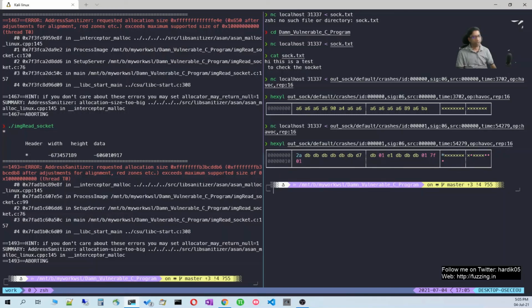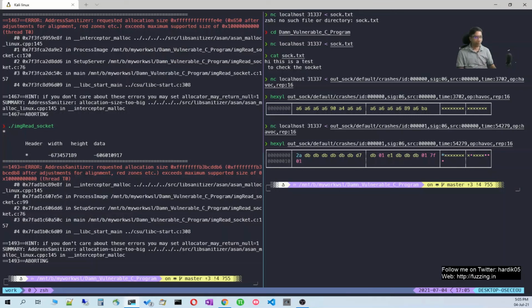But anyway, since our intention was just to see how we can fuzz applications which are using sockets using AFL, I think this should suffice. So what you can do now is download this program. You can go to GitHub, download, compile, and fuzz this program. I'm very sure that you will get the same crashes like heap overflow, out of bound read and write when you fuzz this. So just try replicating all those, analyze those crashes, and try to figure out the root cause, and that will help you.